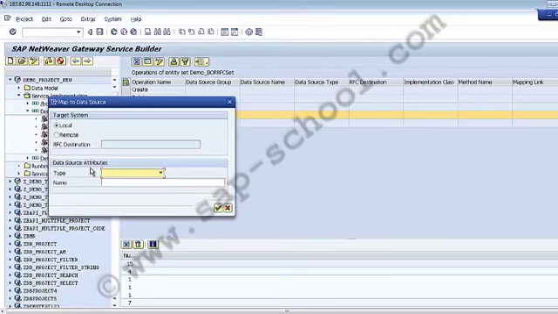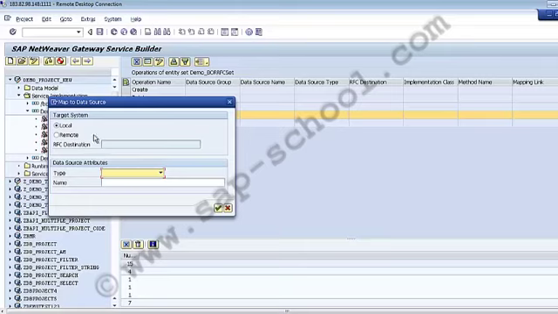so in this we have the targets. Under the target system we have to specify the local or the remote. So we have to choose the local if the data source to which we want to map is in the same system as the service builder, and we have to choose remote if the data source to which we want to map is in a remote backend system. So this option is applicable only where the service builder is deployed in the SAP NetWeaver Gateway Hub system itself. So my remote option is applicable only if my SAP NetWeaver Gateway deployment is a hub deployment.